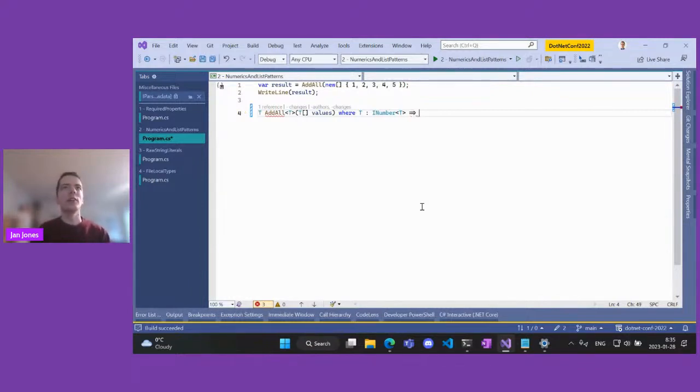So I will rewrite this into one expression, right? I will see what's in values, match on it. So do a switch. And let's say I would want to match on an array that has length 0, and in that case return a 0, right? So that's something I could do before in earlier versions of C#.